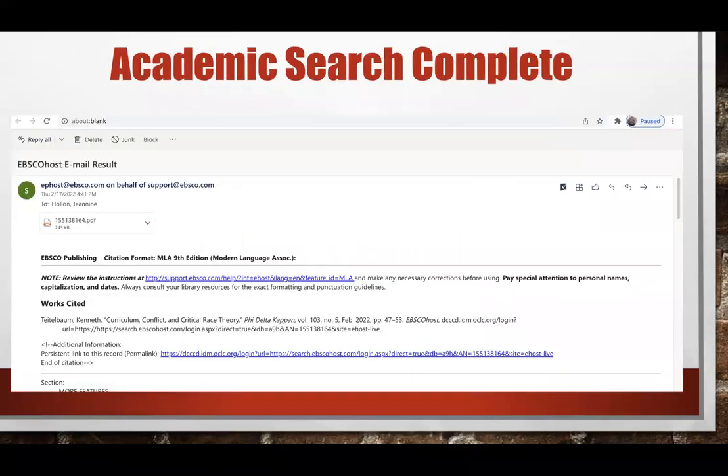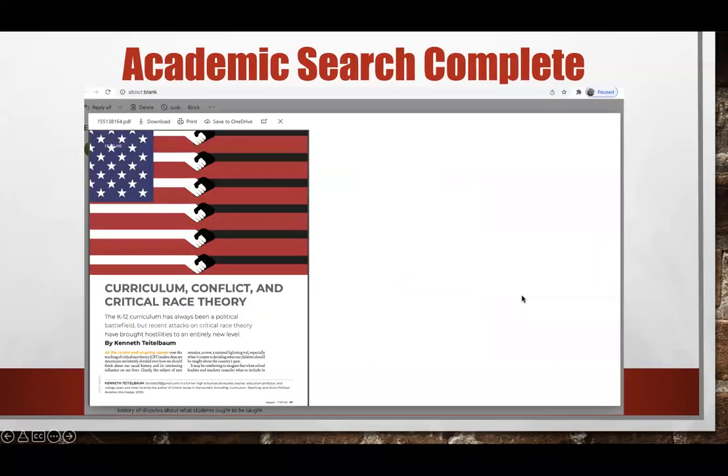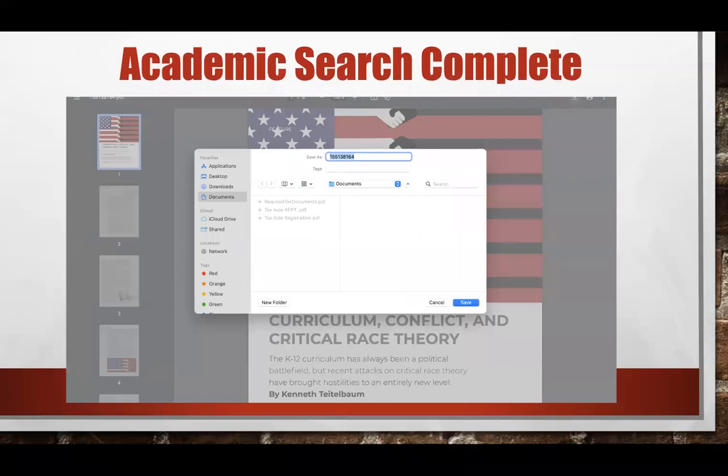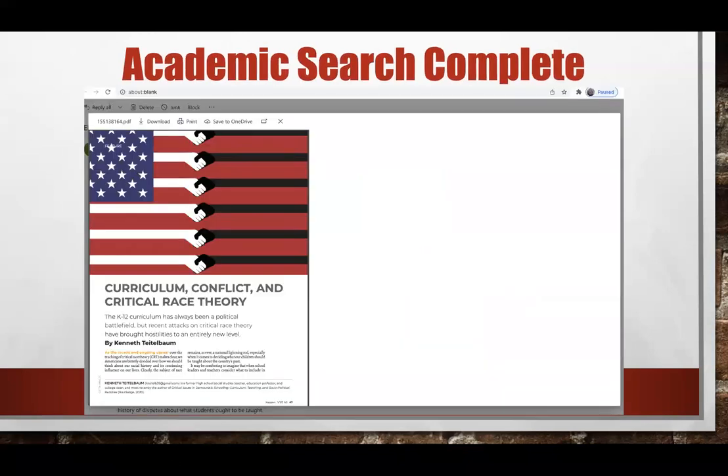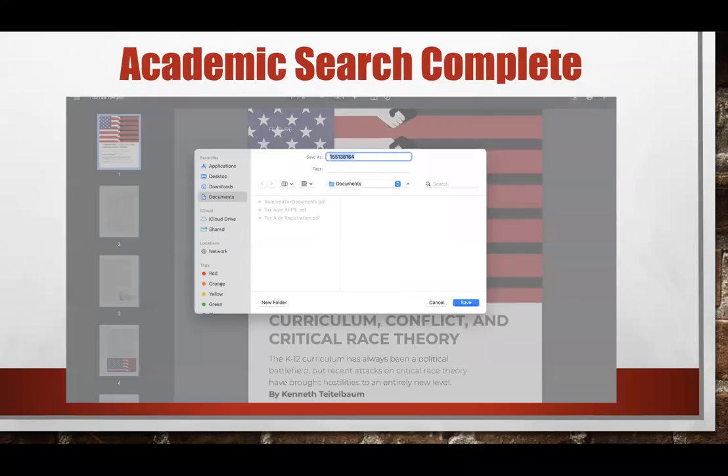Okay, so this is the article. You've downloaded the article over here to your computer. Go ahead and give it a name and save it. Now, if I were you, this is a good time to open a folder.